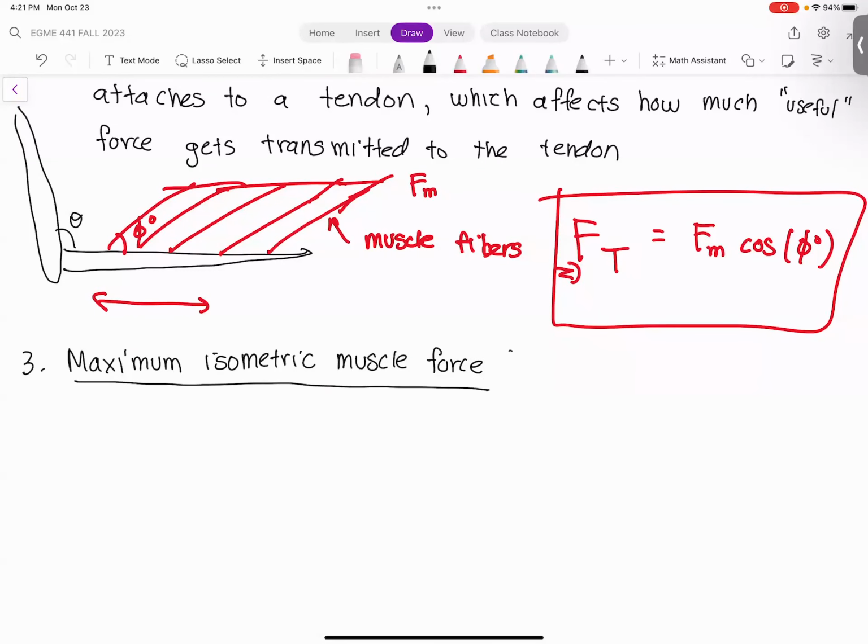Okay, so we call this F0M. So this characteristic right here, you can think of as an upper limit, the absolute upper limit in terms of the amount of force that a muscle can generate. Okay, and so under perfect conditions,